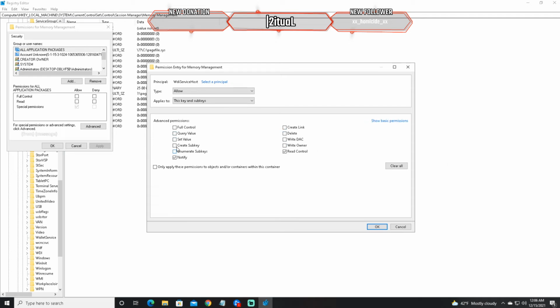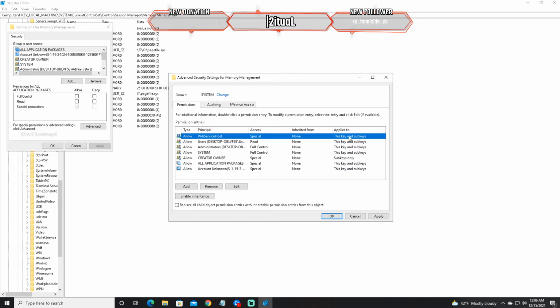Show advanced. These are going to be checked, but uncheck them, which is clear all. Then check these, which is notify and write control only. Okay. After that, hit OK. Make sure you don't change these, because if you do change these, it might mess up your computer, and then